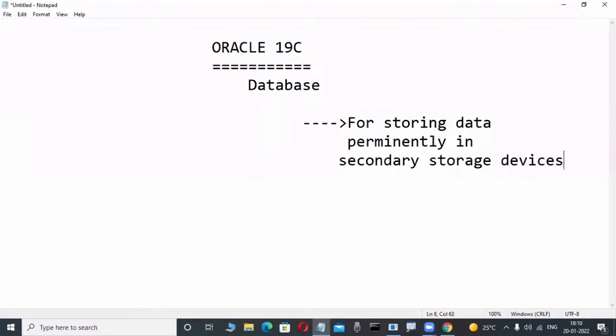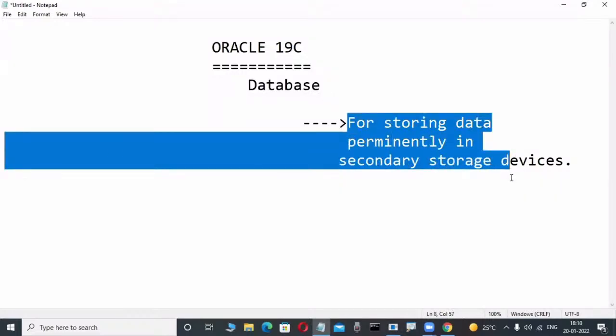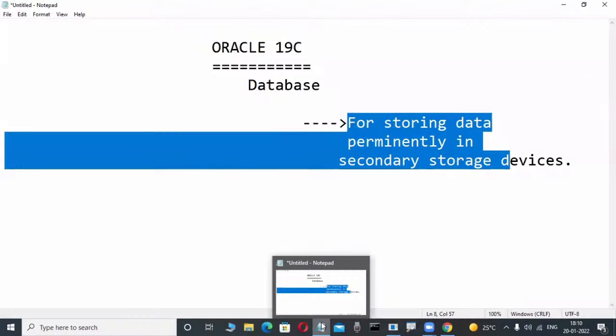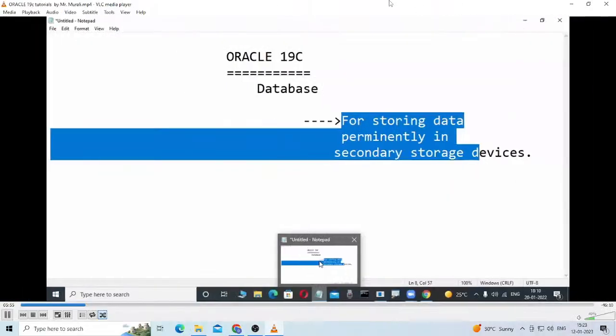Permanent. Suppose today we store our data, after 5 years, 10 years, 20 years, even after 100 years, your data is still available. We are using it. That's why Oracle is a product from Oracle Corporation, with some version number. This is a database product, one of the popular databases. But what is its purpose? For storing data permanently in secondary storage devices. Now slowly observe here. Actually, so many database applications are there worldwide. 90% of these software applications depend on